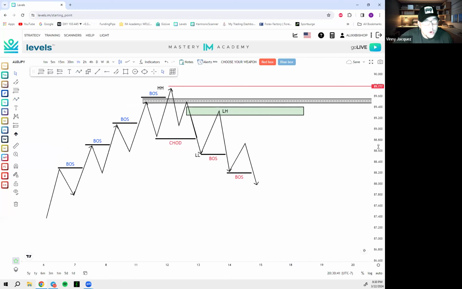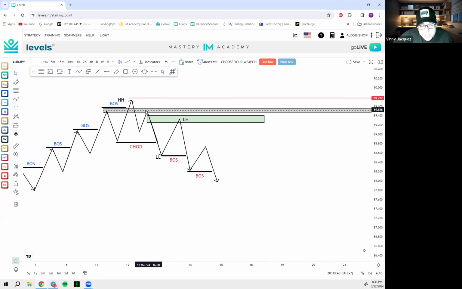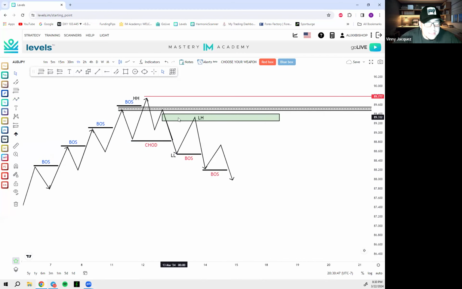Notice how I'm not going over entry points. Only this right here. This is the only one I'm worried about because that's the reversal. Everybody can see the starting point, everybody and their mama. They start seeing the reversal their first weekend. Break of structure and change of character is what we have trouble on.